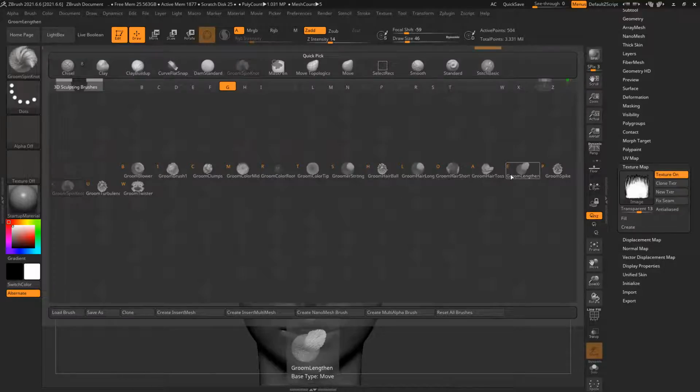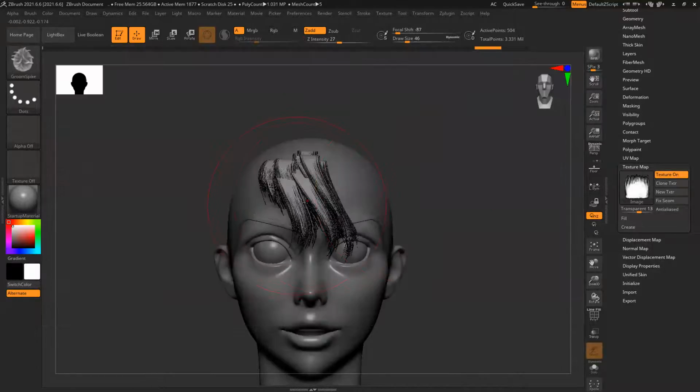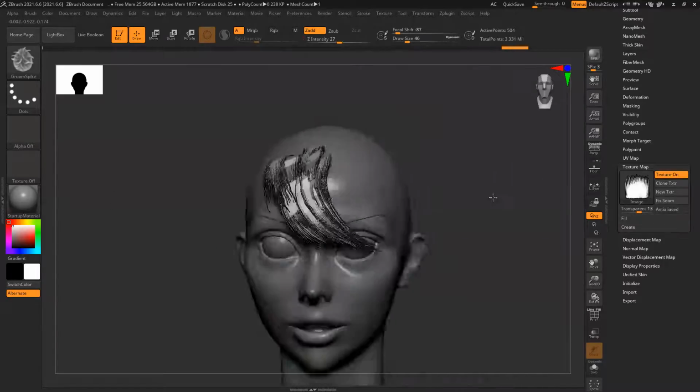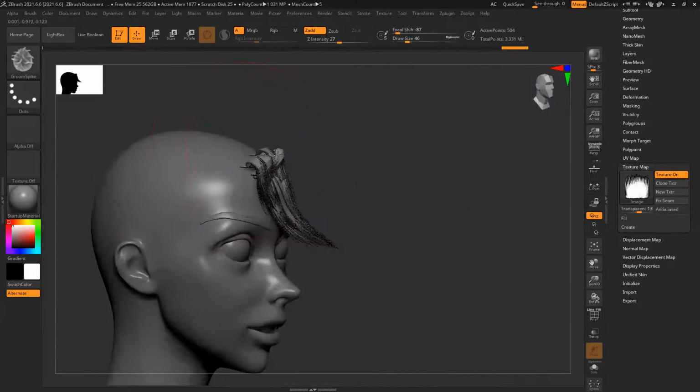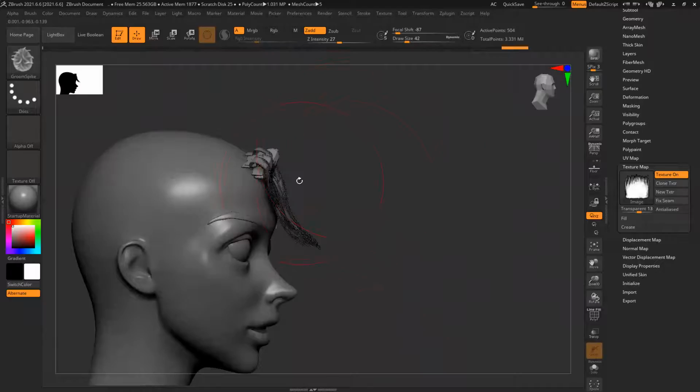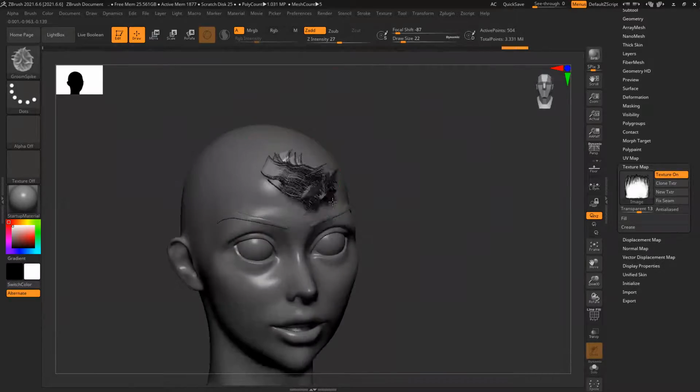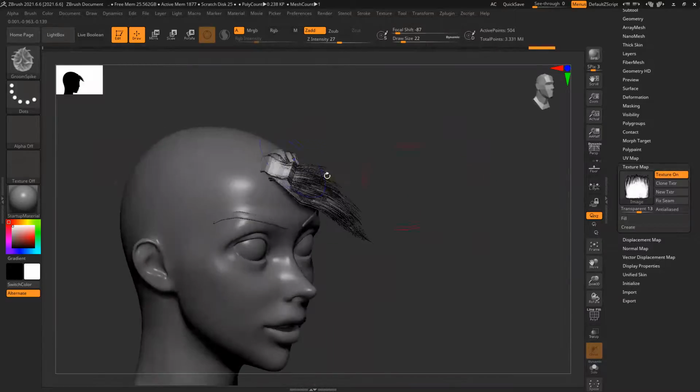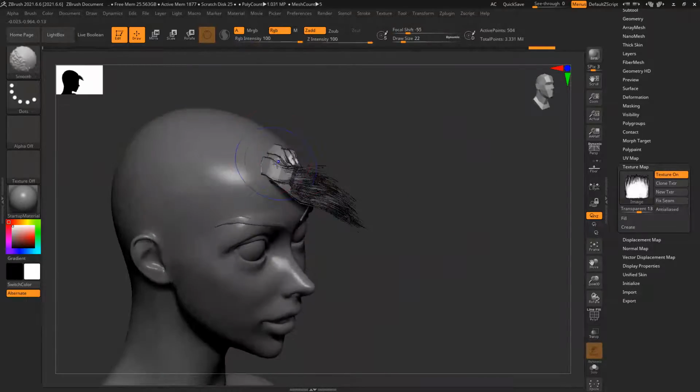This one, spike. You create a spike. Whenever you have this kind of unusual thing, you can comb it again and create this shape. To fix this, just smooth it. That's it.